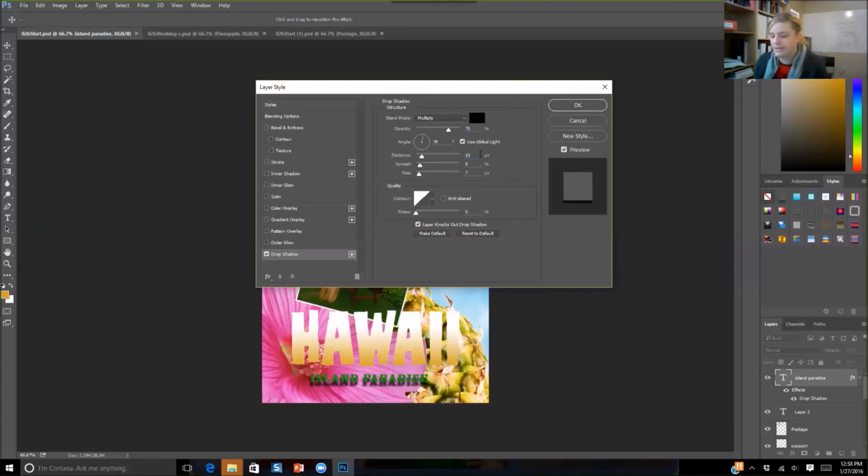We then want to set the distance to 5, the spread value to 30%, and the size to 10. This isn't actually going to create a new layer like it did when we created the text. It's going to nestle this style into that layer already. So if you go ahead and press OK,